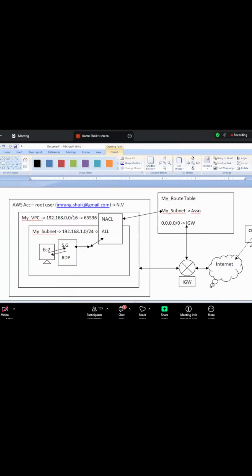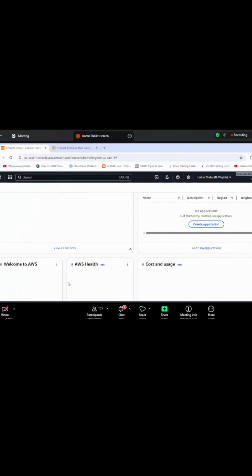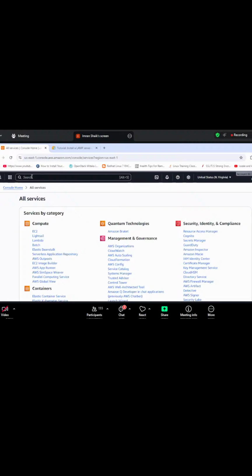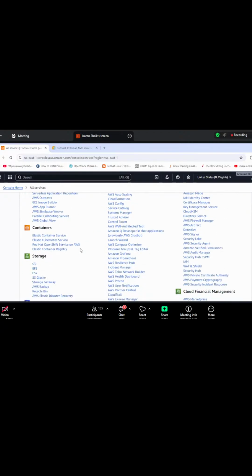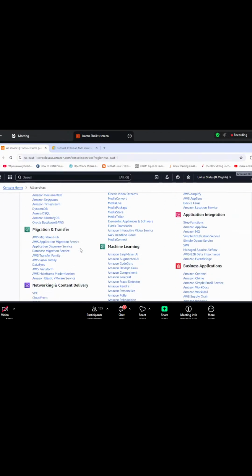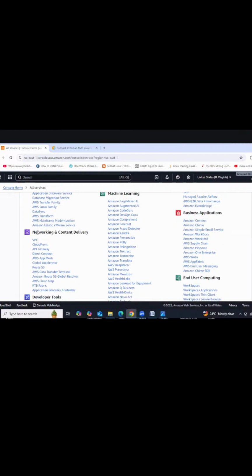Right. Let's see here. Navigate to view all services. Directly you can search VPC in the search bar, then you get the VPC. We have one module called Network and Content Delivery. Got it, guys? Clear?